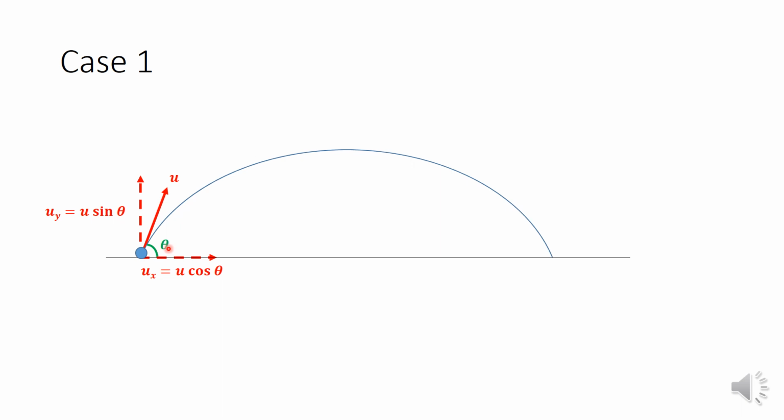Alright? Now let's go all the way to the other end where the ball reaches the ground. What happens to its final velocity? Just before the ball reaches the ground, the ball actually has a final velocity. Please do not think that when the ball reaches the ground there is no velocity because the ball stopped on the ground. No. What this velocity refers to is the velocity just before the ball reaches the ground. In fact, the velocity is maximum, and it is tangential to the path of the projectile motion as well,